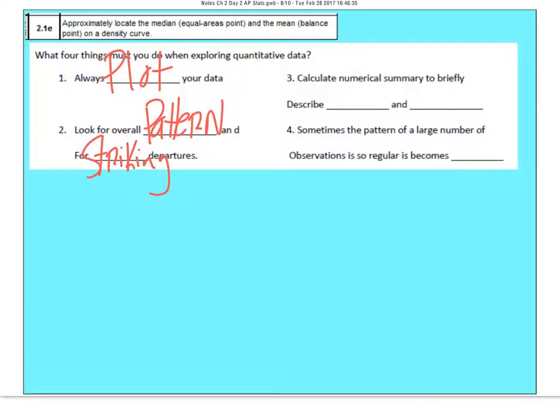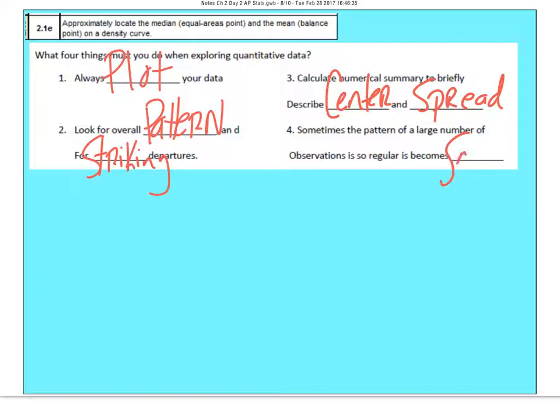Remember, in terms of like the SOCs, we said look for any outliers or gaps in the data. Third thing, you're going to calculate the summaries to briefly describe the center and the spread. So once we have the center and spread, again, we plotted it and we got the shape. And then the last thing is sometimes the pattern of a large number of observations is so regular, it's going